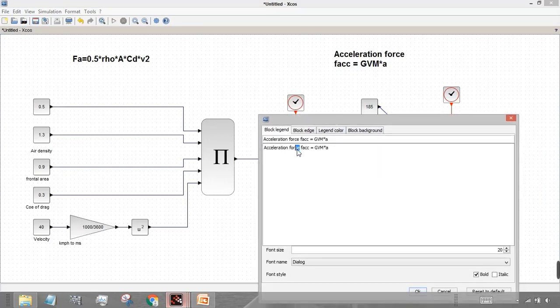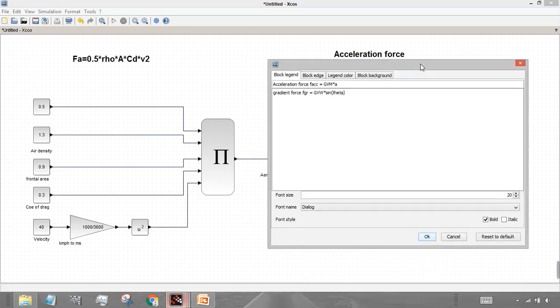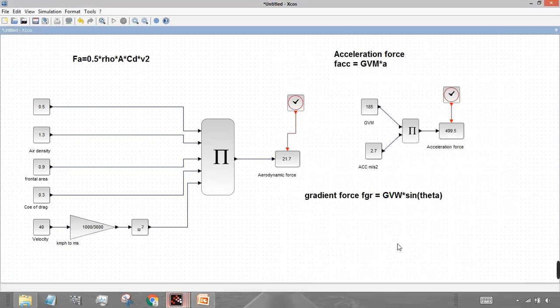Write this as gradient force, FGR, which is having a formula of gross vehicle weight into sine theta. Then select bold italic and click OK.